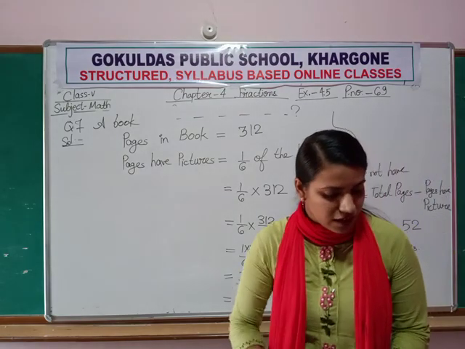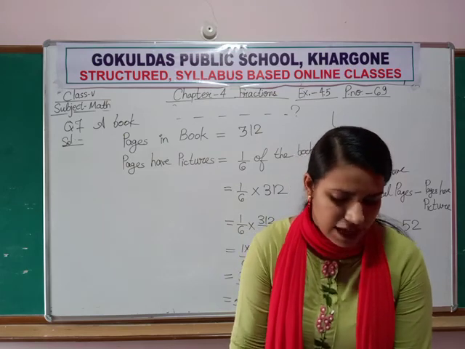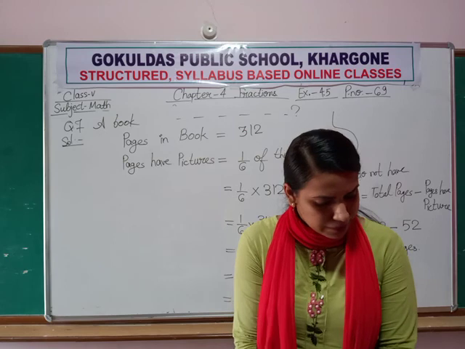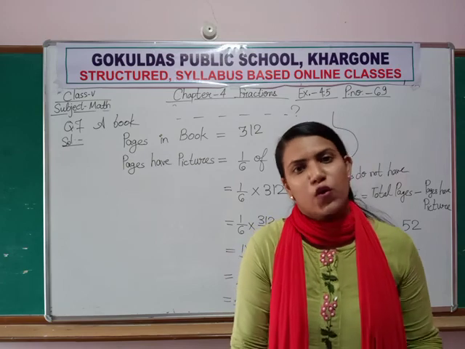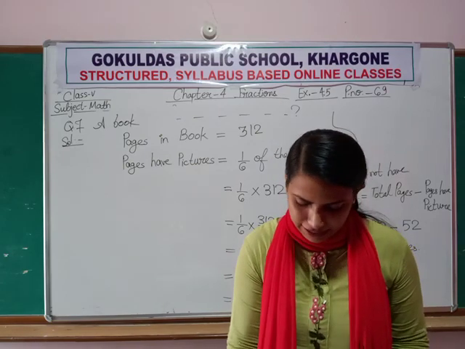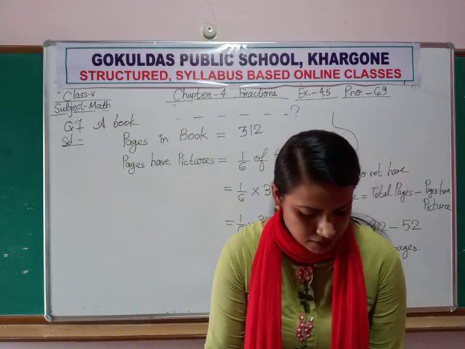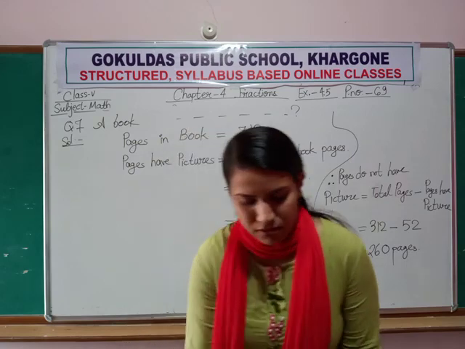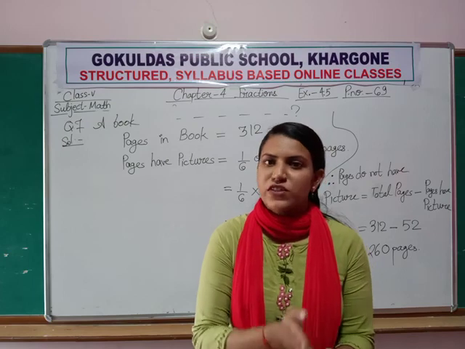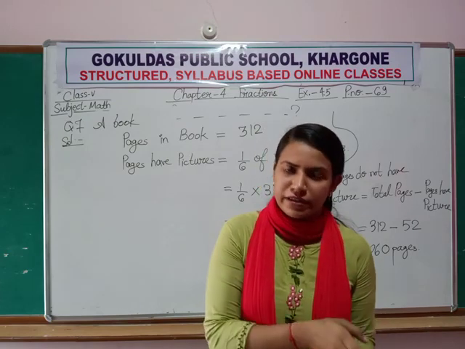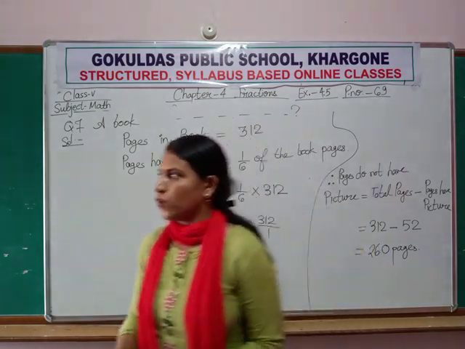This question is done here. Now one more question of this exercise I will complete in the next lecture. Till then, cover all these things. Questions number 6, 8 and 10 are your homework. One question is left which we will cover in the next lecture. I hope you understand how to multiply two fractions. To multiply two fractions, we multiply numerator with numerator and denominator with denominator. Then we reduce the fraction to its lowest form.